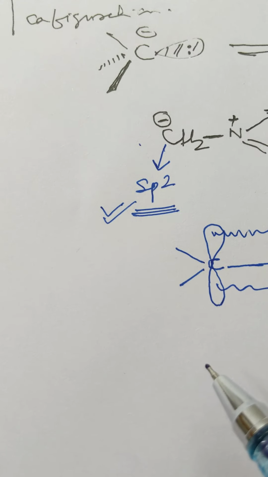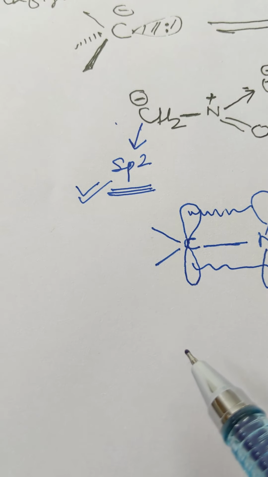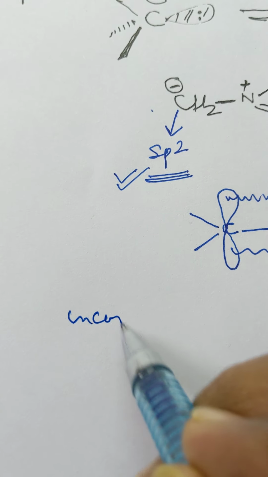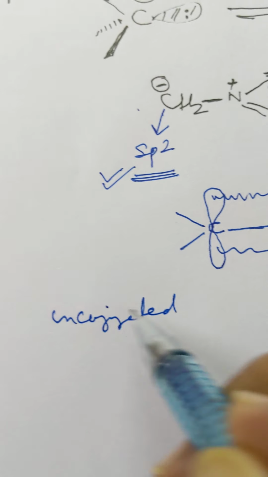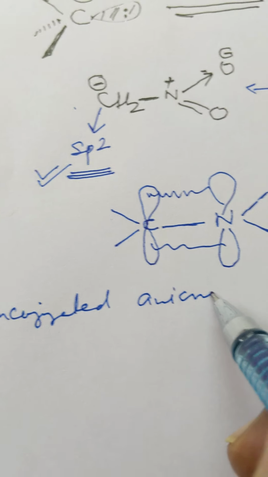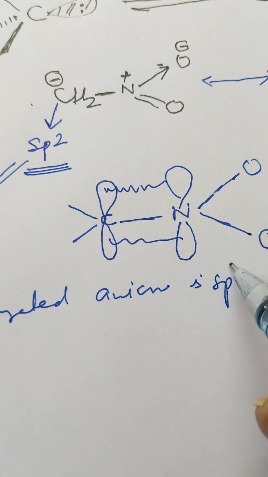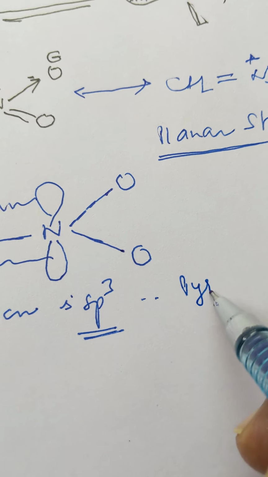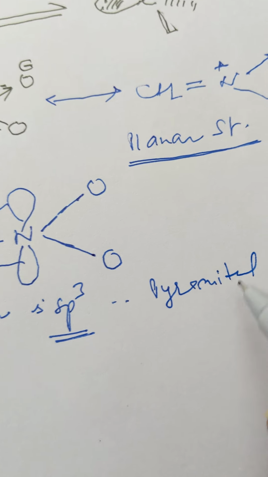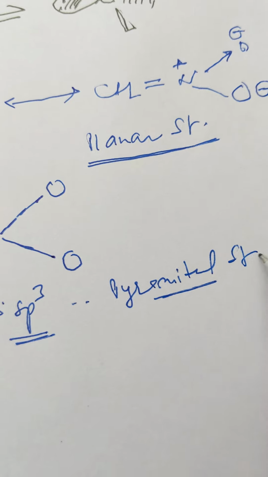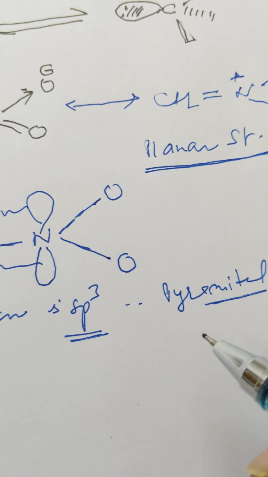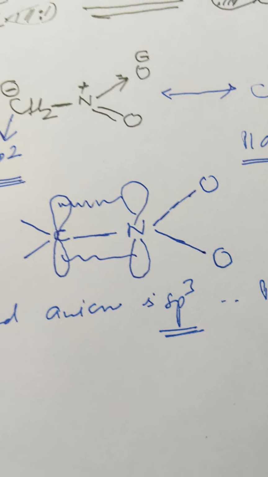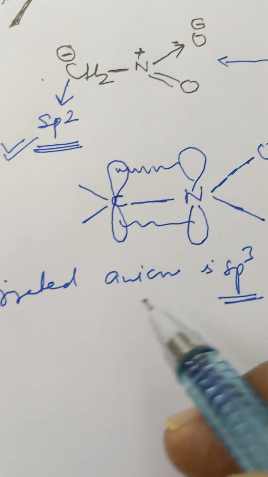So in general, what can we say? Therefore, to summarize, there should be no confusion in the structure: an unconjugated anion is sp3 hybridized and will have a pyramidal structure, because one of the sp3 hybrid orbitals is completely filled, just like in nitrogen. Okay, but when a carbanion